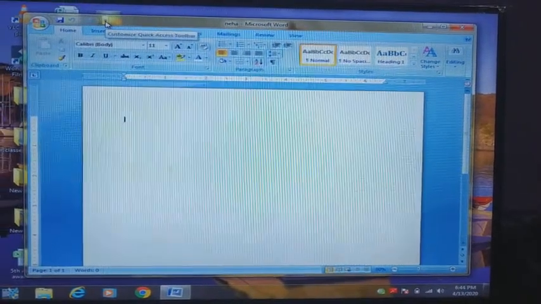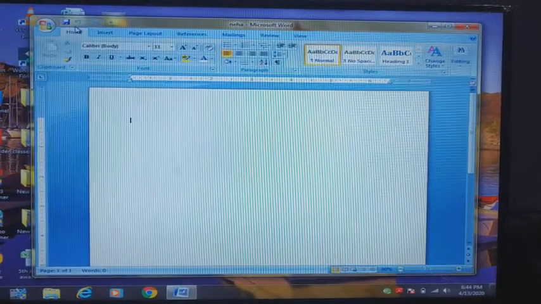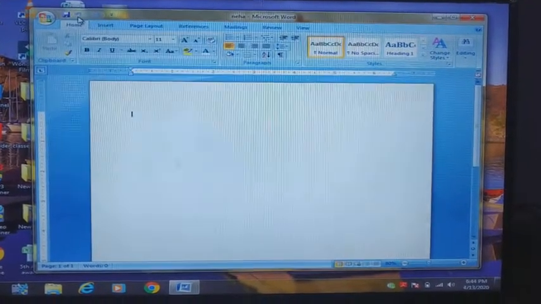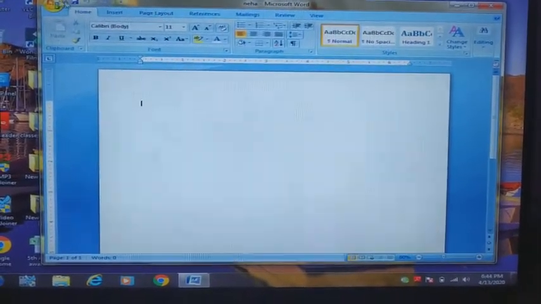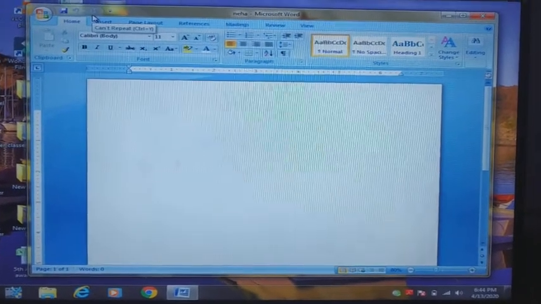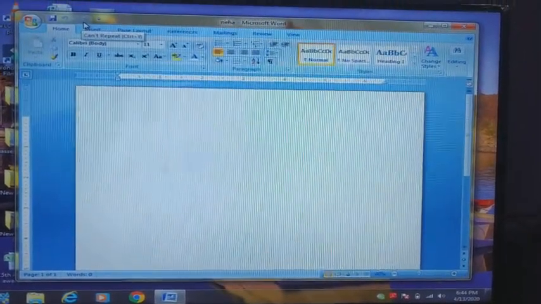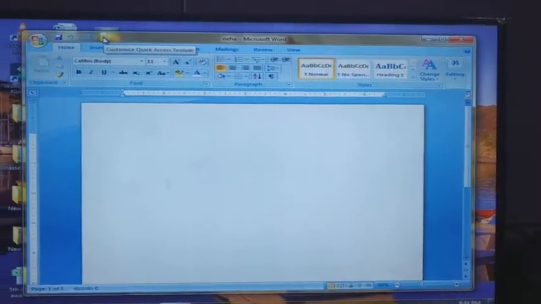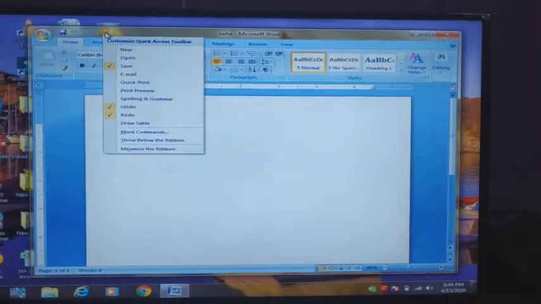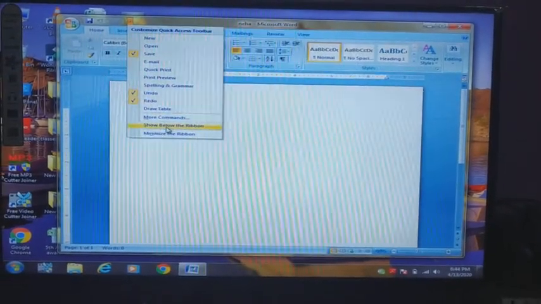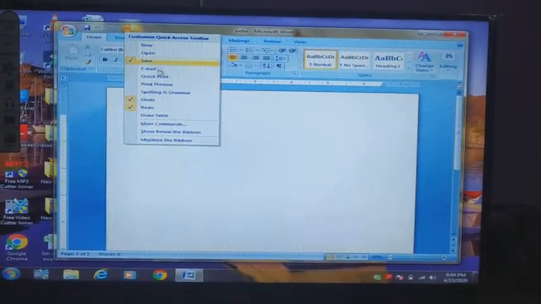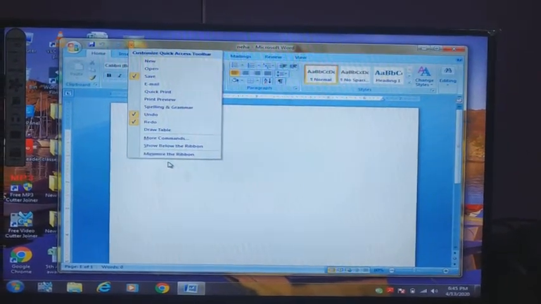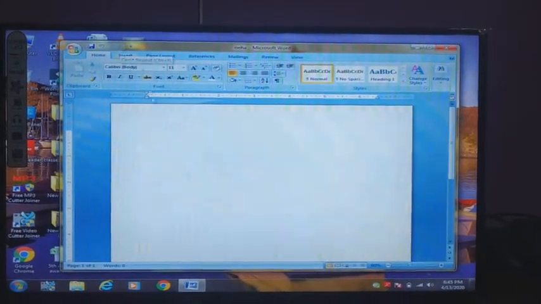Those are needed frequently, and by default, means the software automatically gives you save, undo and redo commands here. Save, undo, redo are the default commands of the quick access toolbar. And if you want to add more commands, the commands that you need, you can click from here and you can add. Later I will tell you how the commands will be added. So you can click on this button to add more commands on this quick access toolbar.